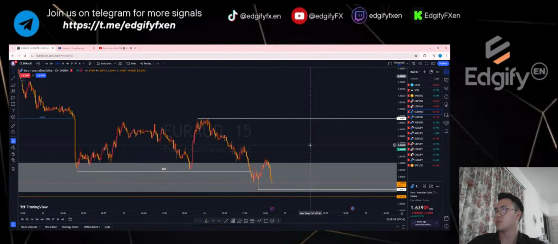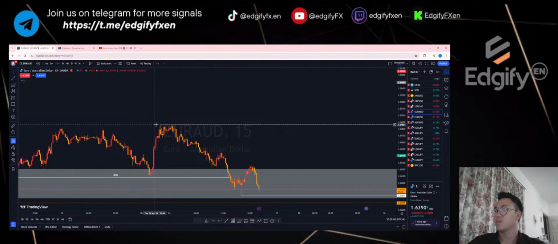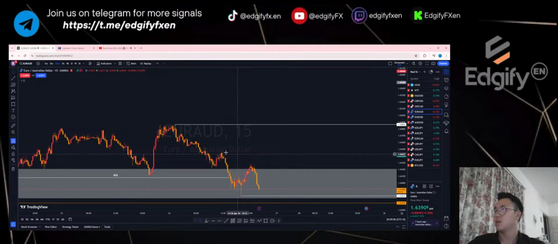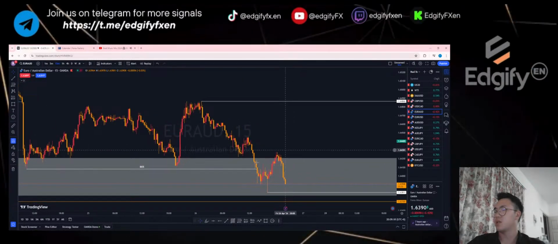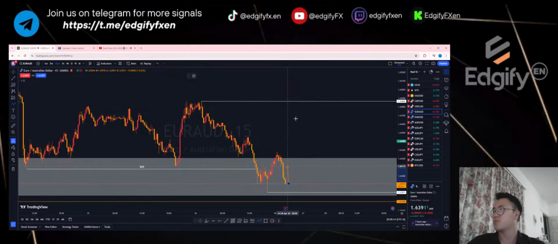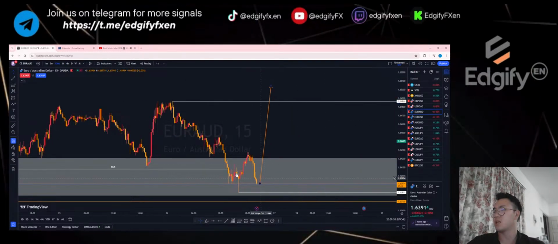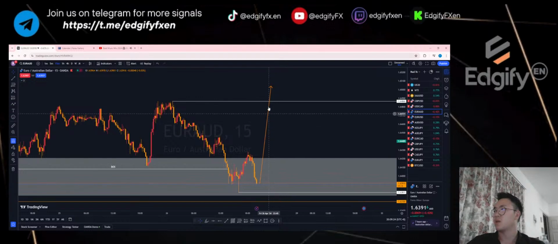Basically on the Euro AUD, if I want to be conservative, I'll be waiting for this level here to be broken first. Alright, I'll be waiting out for this level here to be broken before I hop in for a buy position. Alright, because we look at the 15, it's a downwards movement, right? So if this price breaks above, alright, then we know that the market has shifted and it's currently respecting the hour 4 direction and it's going up instead of coming down.